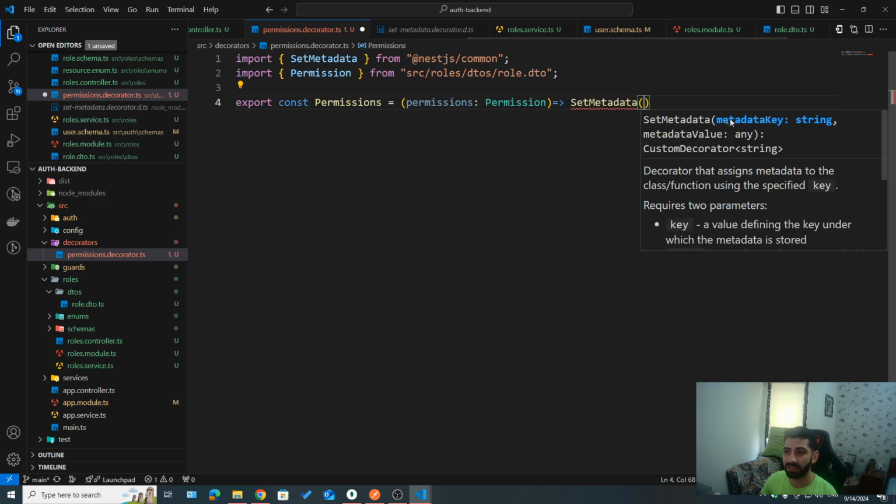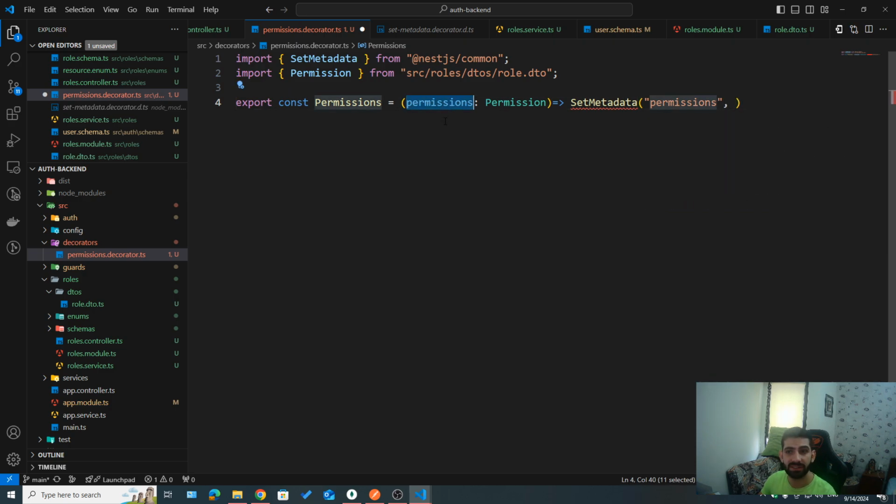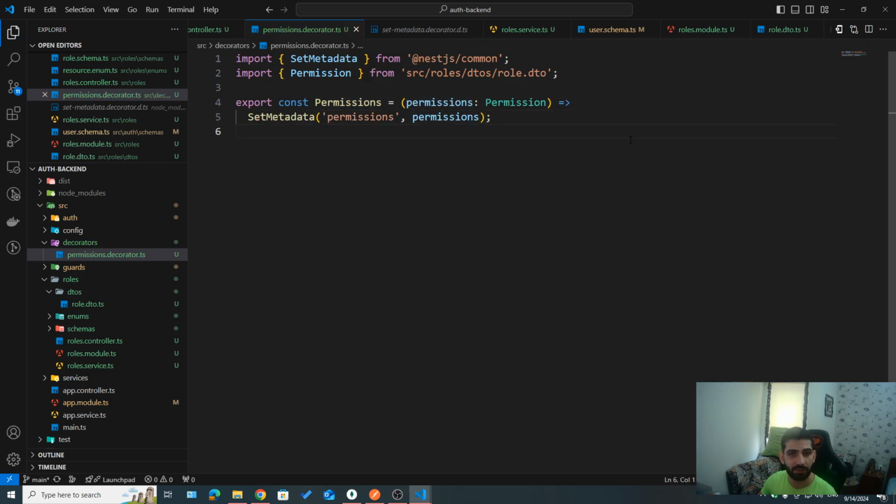Okay, and set metadata takes a metadata key, which is a string, and then some value. So here, for example, we could call it anything. Let's call it, for example, permissions. And then the value would be the actual permissions that we pass to that route. So permissions. Now this might be a bit confusing if this is the first custom decorator that you create,